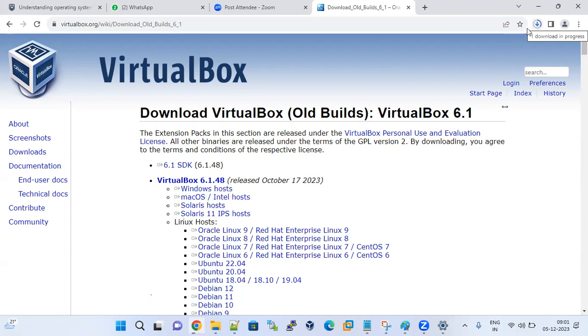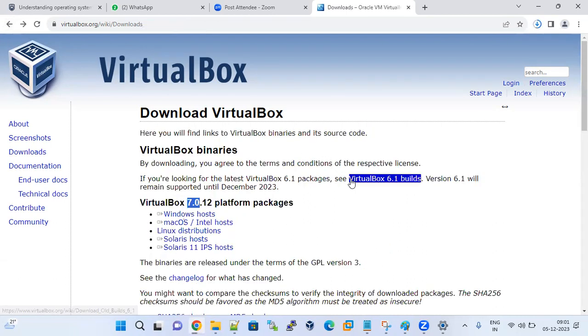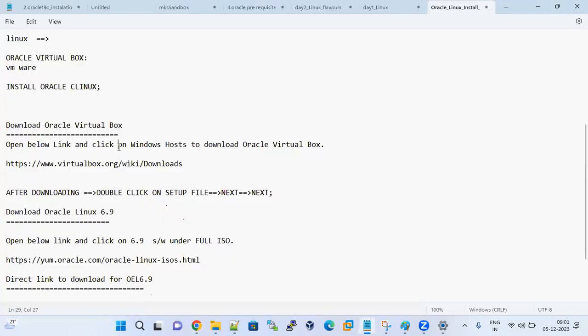This is how we download the VirtualBox software. This is how we download Oracle VirtualBox.